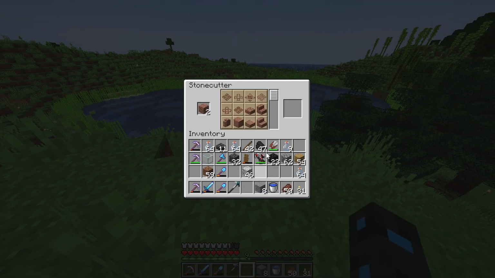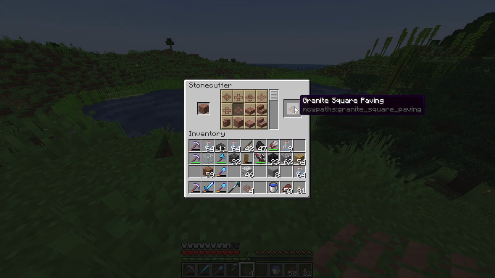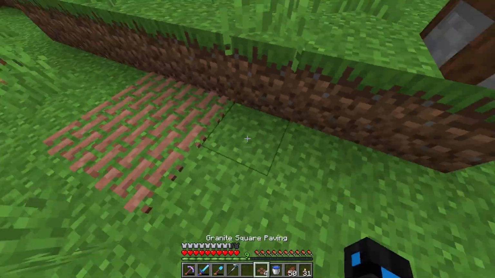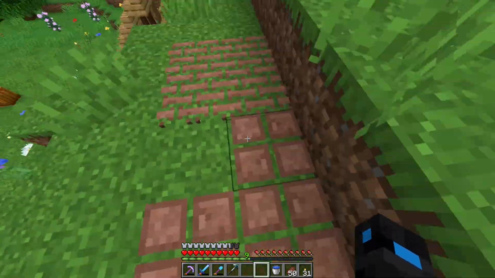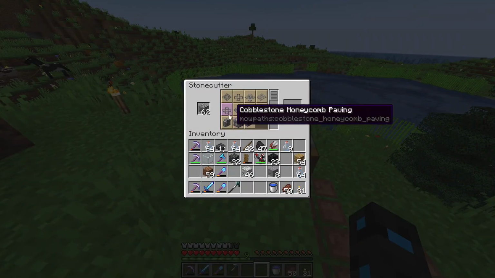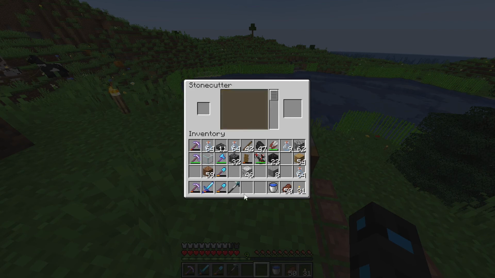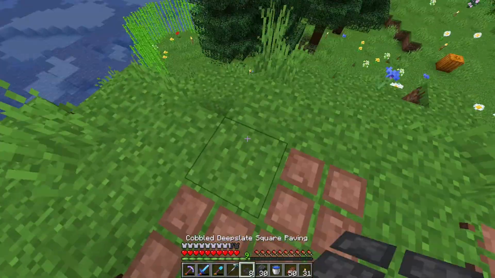Now I've gone ahead and found this mod that basically adds a bunch of pathways. It's called Micaw's Paths, actually. That's a pretty simple name. But look, it adds pathways that are pretty fancy and nice and neat and don't really do anything except look cool. You can make them out of granite, stone, cobblestone. Doesn't look like you can make it out of blackstone, so don't try that. You can make it out of diorite, deepslate. You can just make all sorts of nice